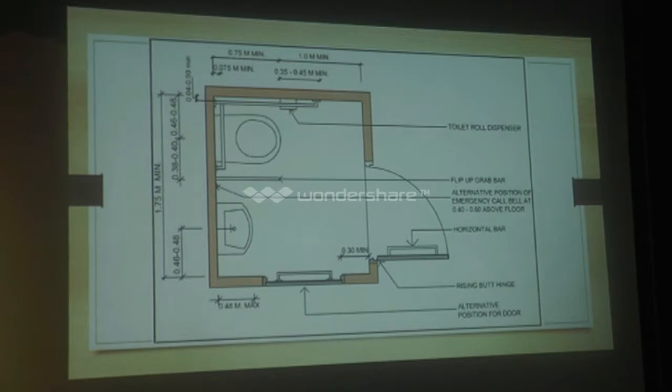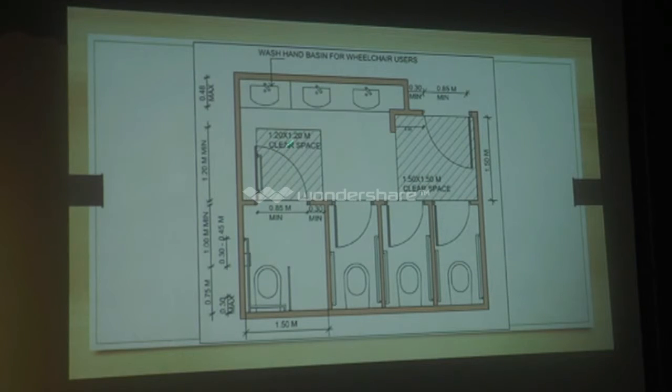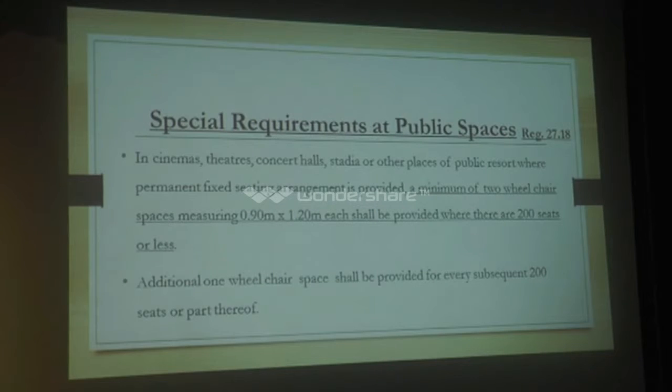shown within the toilet. Next. This is a public toilet where 1.2 meter by 1.2 meter clear space is required. Then at the entry you need a clear space of 1.5 by 1.5. There are special requirement provisions for the public spaces mentioned in DCR 27.18 in cinema theaters, auditorium, concert hall or stadium. A minimum of 2 wheelchair spaces admitting point at 9 into 1 km shall be provided where there are 200